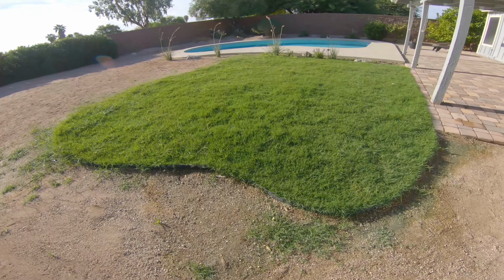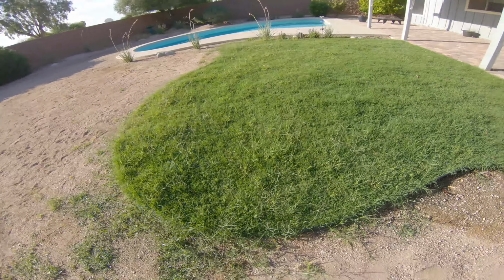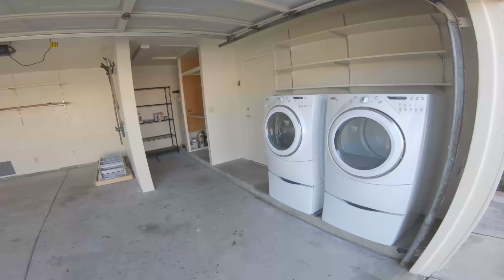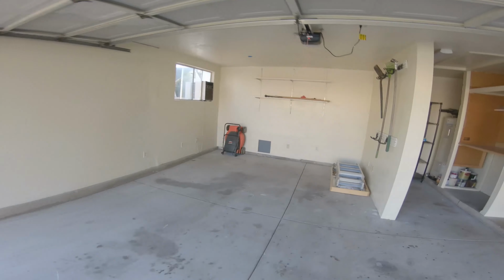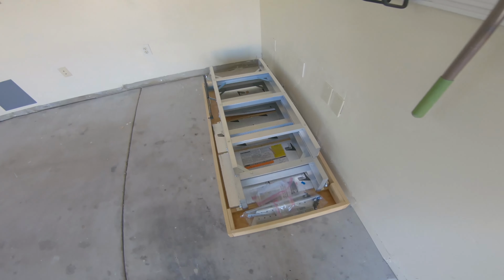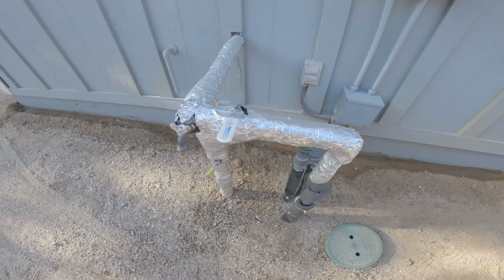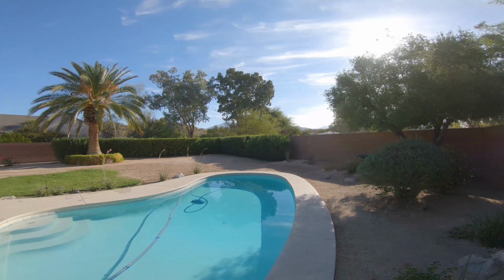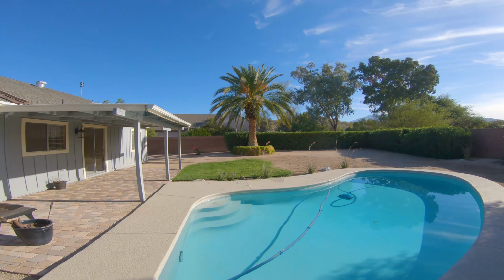Whether you picked up mesquite pods by hand or hand put in grass for the grandkids, or you want to leave firewood out for the next buyer, or leave them the ladder you didn't get to install into the attic, or whether you took time to put up that rack so it's easier to access your tools, or you got that secondhand HVAC at a flea market to put in the windows so you could work in the garage, or you enclosed the pipes, or you spend every weekend out in the backyard touching up the paint on the fascia,